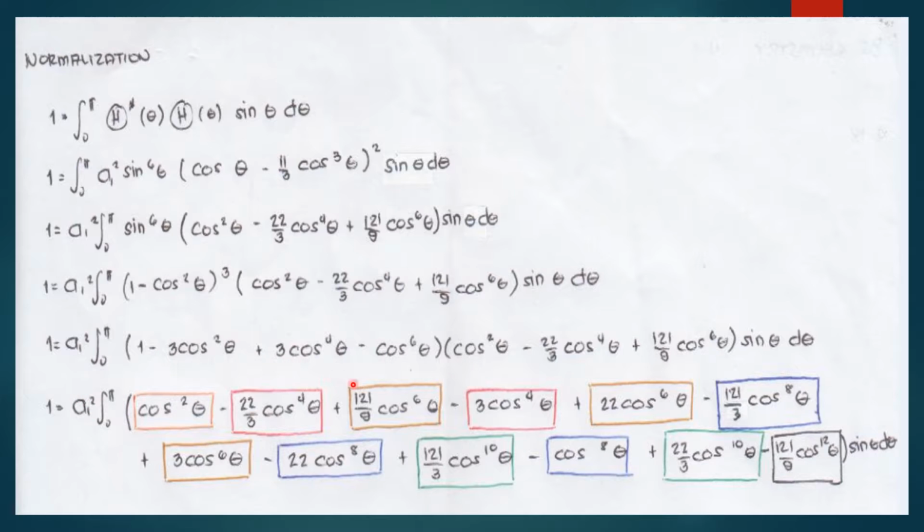Now, multiplying this term with this term will result to 1 is equal to A1 squared integral of cosine theta